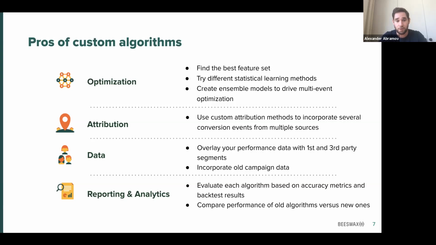On the attribution side, given that if you're building a custom algorithm, you're storing your own historical performance data, that gives you a lot of flexibility in terms of how you slice and dice that data and what you add to it, right? So from an attribution standpoint, one, you can set custom attribution lookback windows. You can designate different weights for different types of events. So you can really play around with how you designate a conversion before you attribute it to